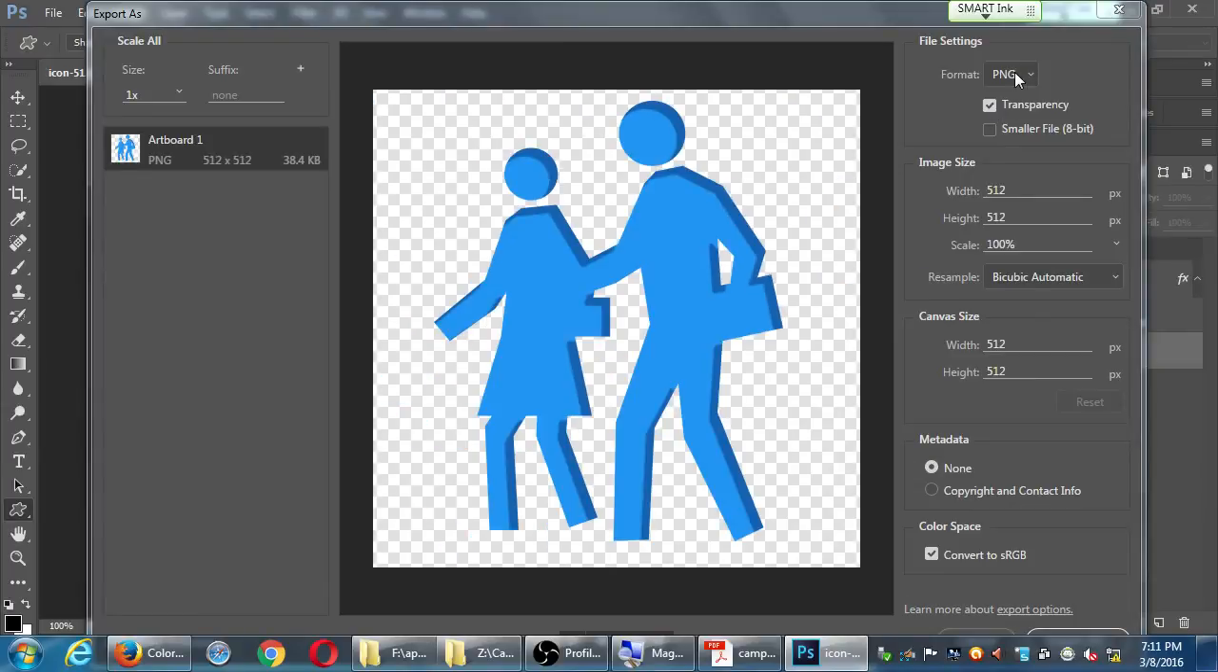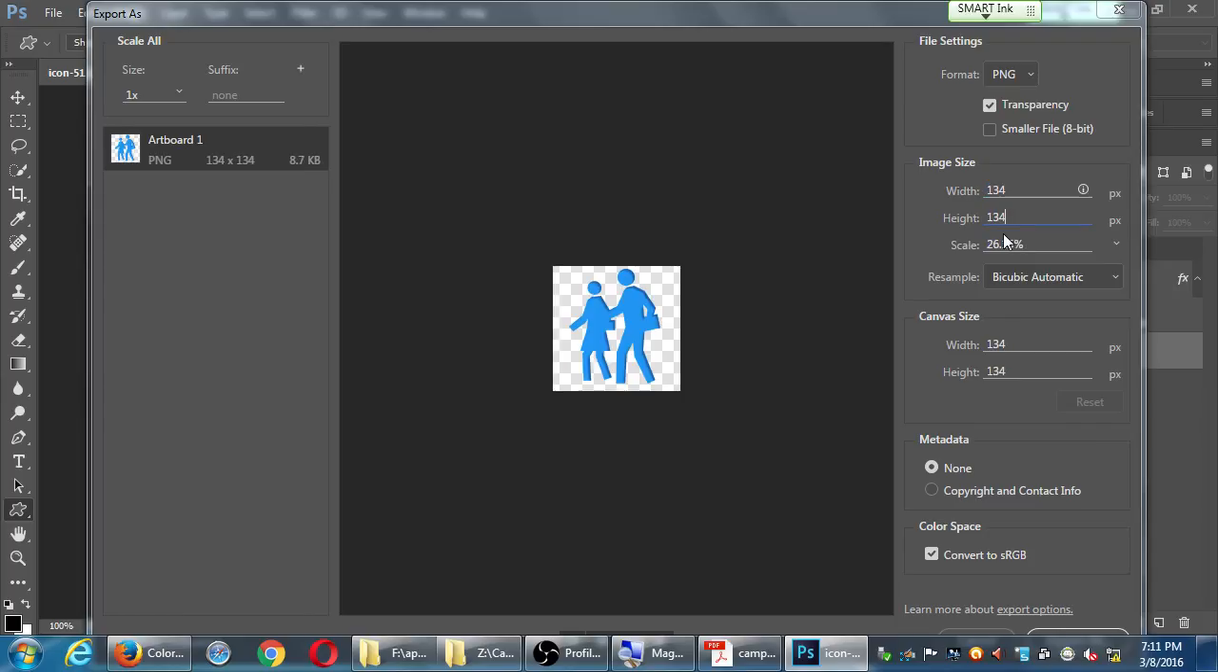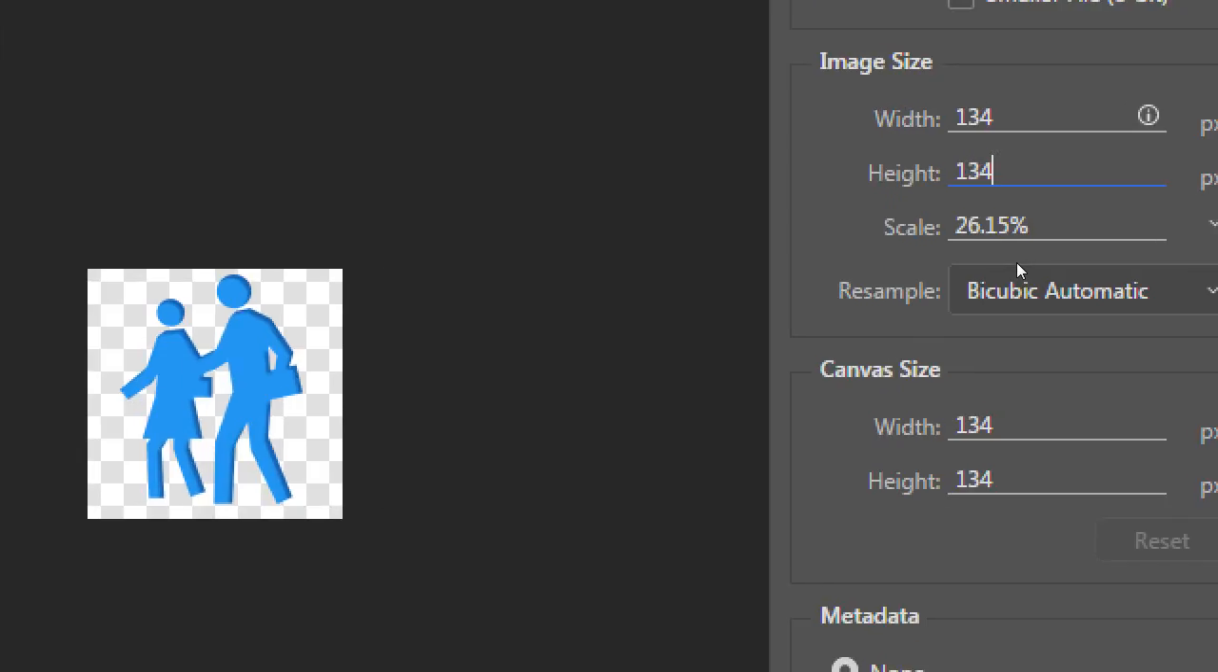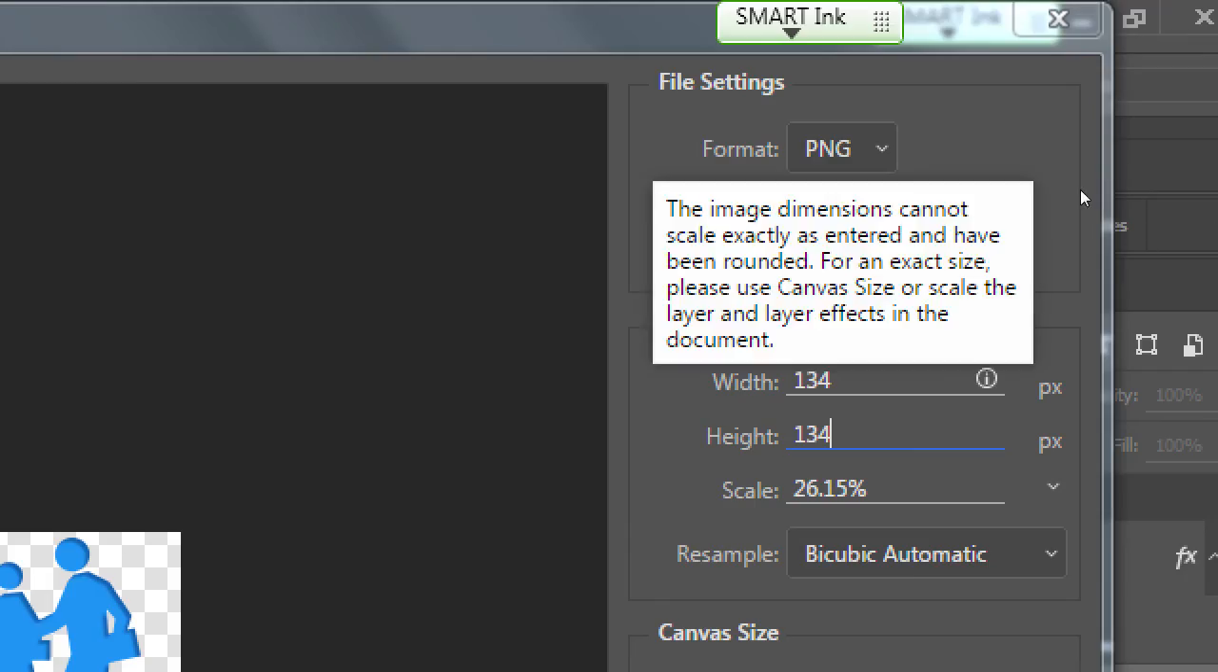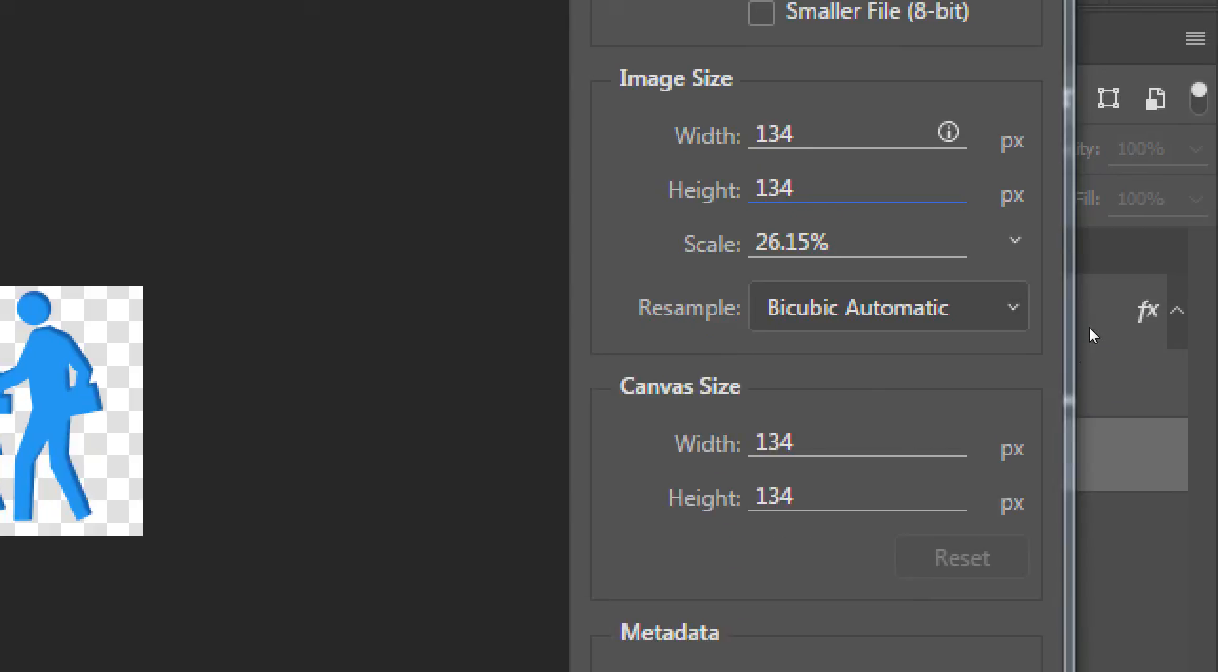It's going to save as PNG format, which is what we need, with transparency, but it's too big. Our canvas size, our image size is currently 512. We only need this to be 96 pixels. So we want to type here 96. Rounded. For an exact size, please use canvas size or scale the layer in the document. Okay. So I'm usually